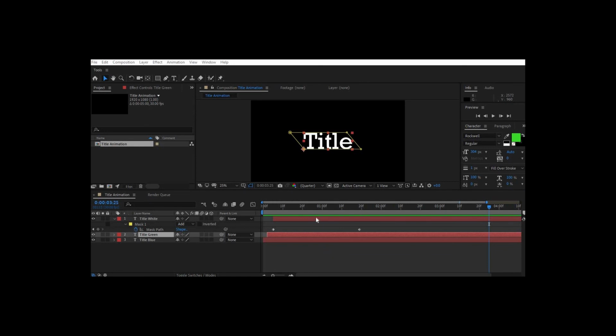So all you have to do is just shuffle these layer positions. Whichever color you want to be seen after animation in your title, you can keep that layer on top. Suppose if you want to see the title in white color, you can keep the title white layer on top. If you want to see the title as green, you can keep this title green layer on top, and just arrange these layers accordingly. You can move them in a similar way, and then after rearranging you will get that desired effect. So I hope this helps you.